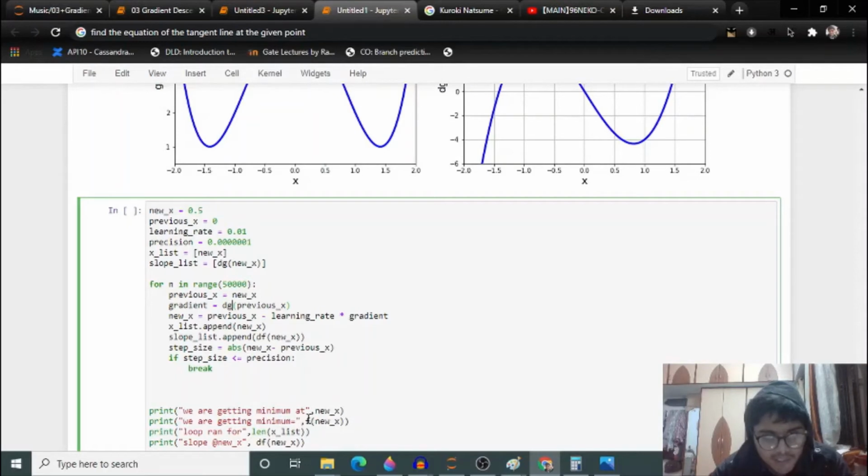Here it will be g, not f, and it will be dg again. That was the only thing we need to care about. Again we have to put this dg, and for this it looks fine.